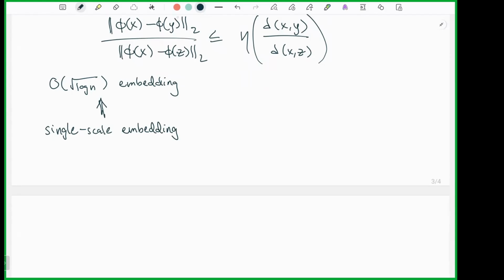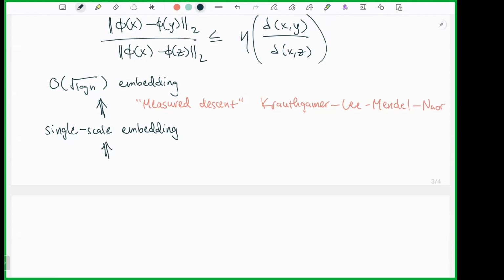So there's this technique called measured descent, and this was by Gamer, Lee, Mendel, and Naor. And this was already used before in the earlier works as well. The thing is that we have a slightly better single scale embedding result, which leads to this root log n as opposed to root log n times log n. Okay, and then the way we get this single scale embedding result is by